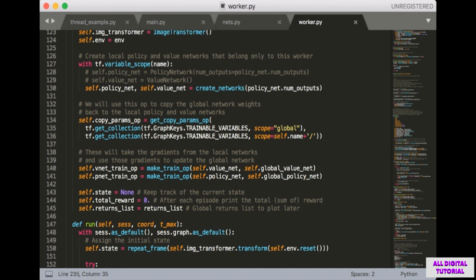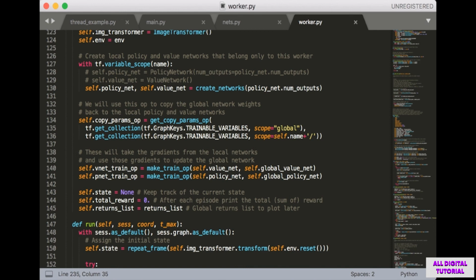The next thing we want to do is create local versions of the policy network and the value network. So we just call the createNetworks function, which we've used earlier. Note how we can use the worker's name as the scope since it's going to be unique. Next, we call the function getCopyParamsOp, which we made earlier, and we just save this op to an attribute of the class.